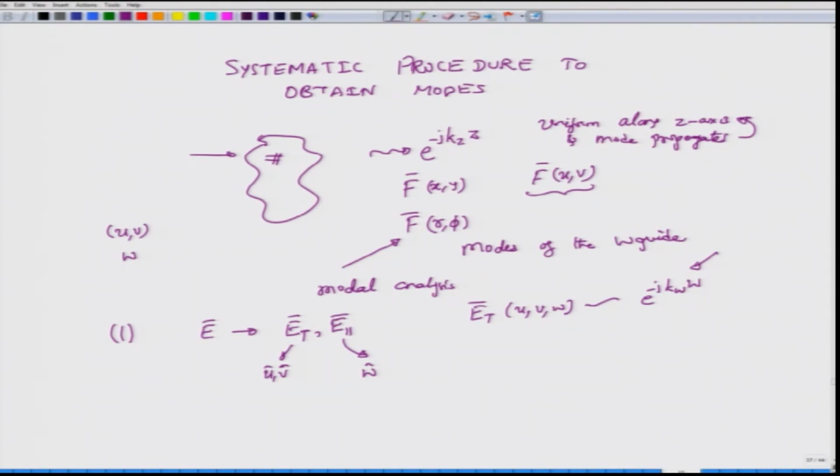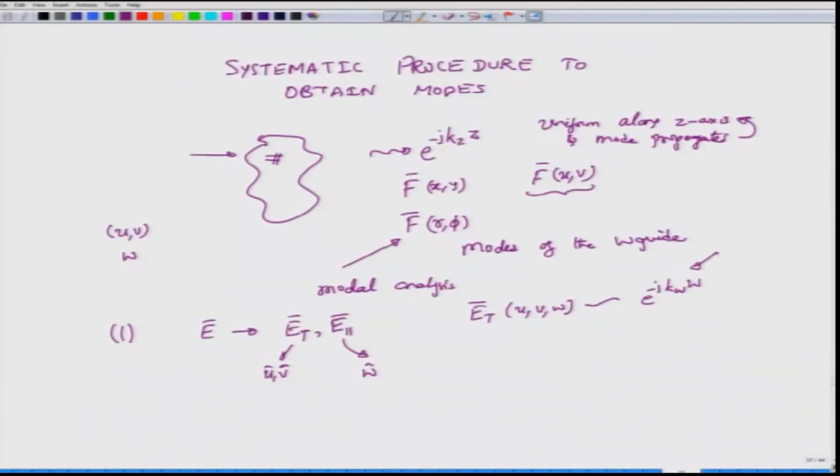So, all the components of the electric field and the magnetic field can be separated into transverse components and the longitudinal component, and each of those by themselves can be a function of all three coordinates u, v and w, but along w, which is the direction of the waveguide, we impose a very specific functional form which is e power minus j k